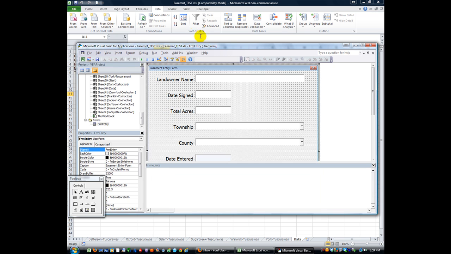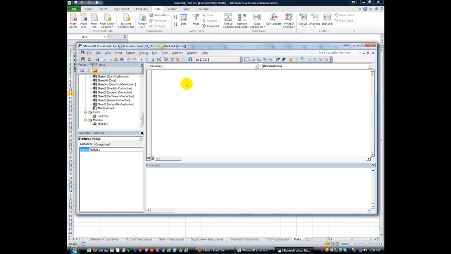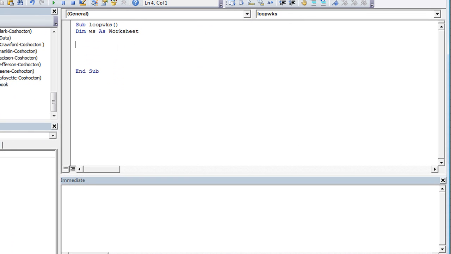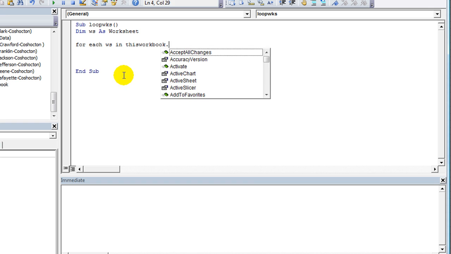Hit Alt F11. The first thing I'd like to do is create a module. In my last video, we created a procedure that would loop through all the worksheets, and we want to loop. I'm not going to get too elaborate here, but I'm just going to do the same thing as I did in the last video. We're going to do a for each loop for each worksheet in this workbook .sheets,